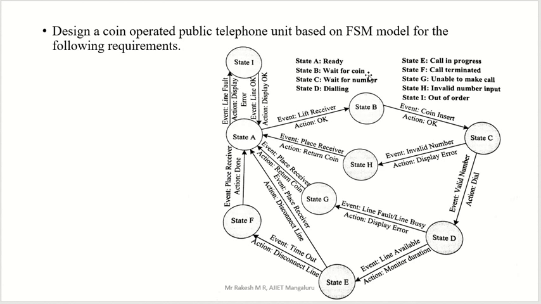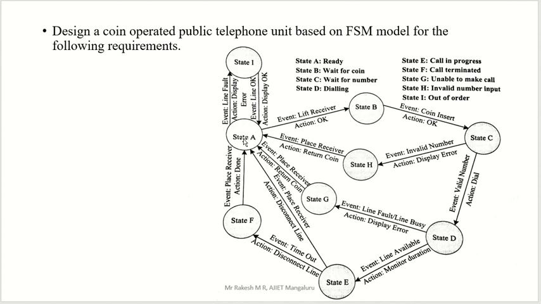So we have this many states in your public telephone booth. We have to remember these states, A to I, properly. Now just take these states into one model. So here we have state I, then A, B, C, D, E, F, G, H, and here B. Till H, then I we have here. Now we will start with state A.